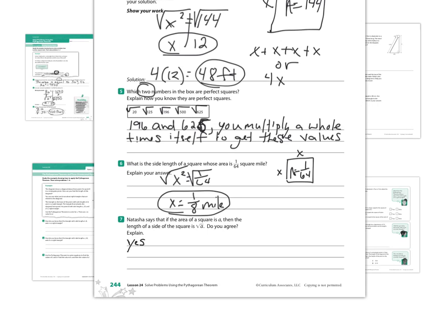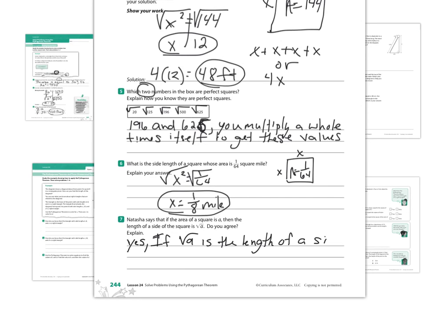If we look at all of these values that we've done so far, basically if we're given the area, we find the square root of the area. And in this case, if the area is A, then the length of the side of the square would be the square root of A. So with our explanation, we just need to say something to the effect of: if the square root of A is the length of a side